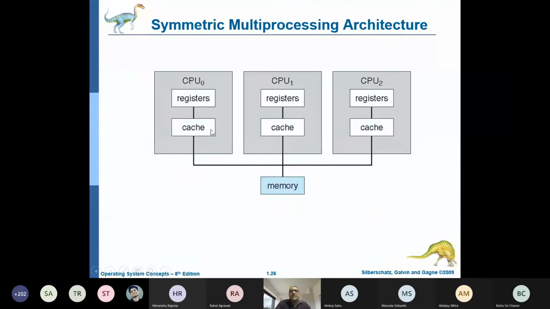Right. And then coming to the multiprocessor architecture, this is one way where you can see there are 3 CPUs, and each CPU has its own set of registers and a cache, but all of them access the same main memory through a bus. Here these 3 processors are on 3 different chips. Each processor is a separate chip, connected to the bus, and they can access the memory, and there is a built-in cache.